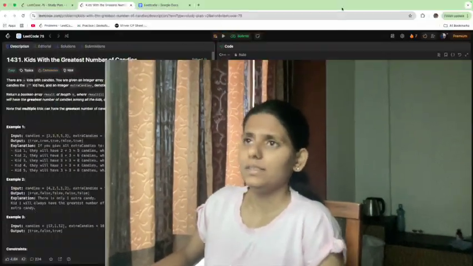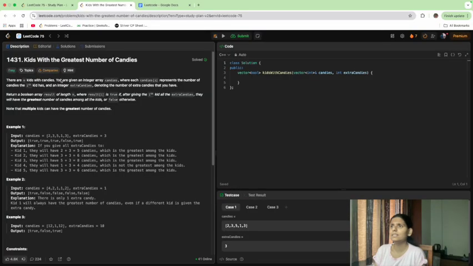So see here, the question is Kids With the Greatest Number of Candies. There are n kids with candies. You are given an integer array candies, where each candies[i] represents the number of candies the ith kid has. It is an array, and the ith number says how many candies the ith kid has. And we are given an integer extraCandies, denoting the number of extra